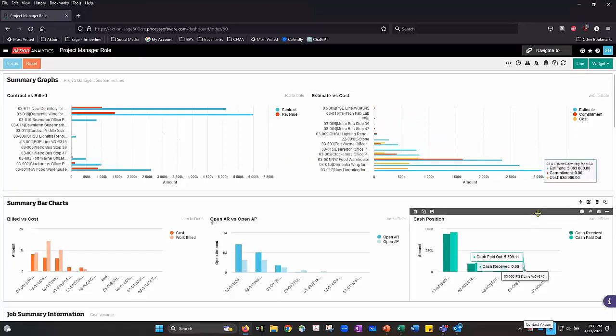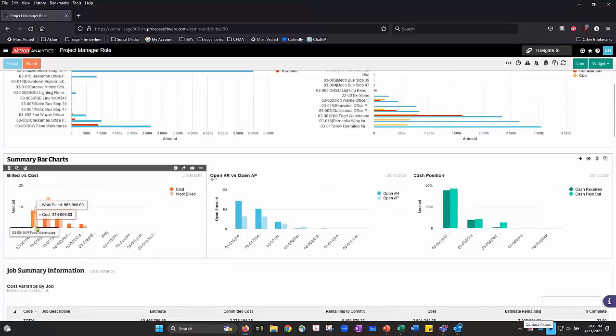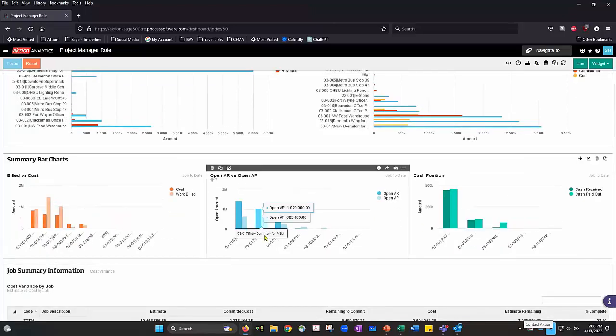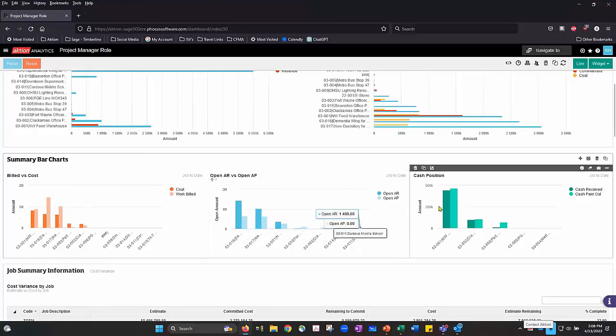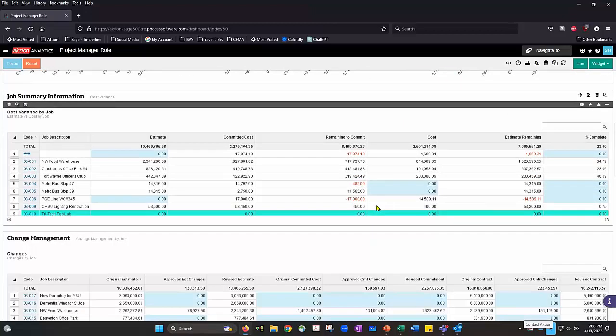Let me scroll down just a bit. You can see billed versus cost, Open AR versus Open AP by projects. And again, as you hover over those, you actually see the actual real numbers. Cash position by project type of thing. Scroll down just a little bit more, and you start seeing, instead of graphical data, more tabular data